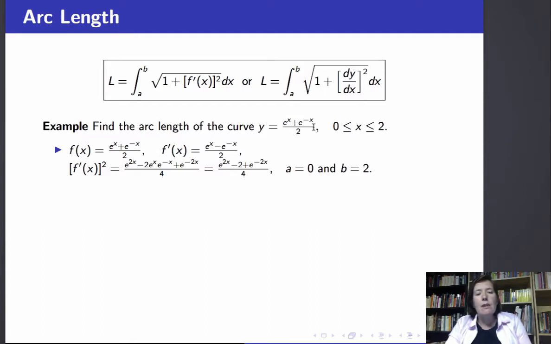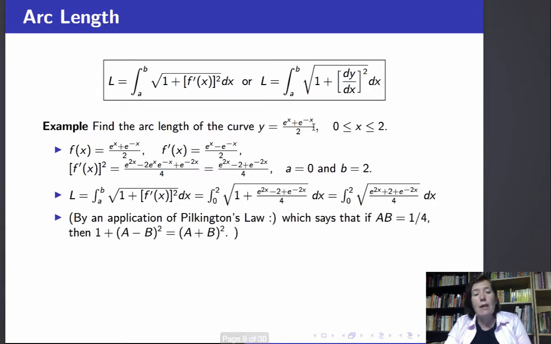And now this middle term, 2 times e^x times e^(-x), is just 2 times 1, because e^x times e^(-x) is e^(x-x), which is e^0, which is 1. So f'(x) squared is e^(2x)/4 minus 1/2 plus e^(-2x)/4. And now popping that into the arc length formula, I get the arc length is the integral